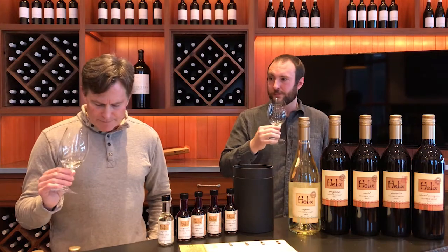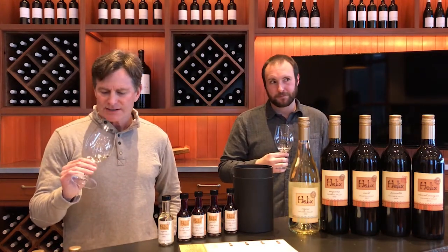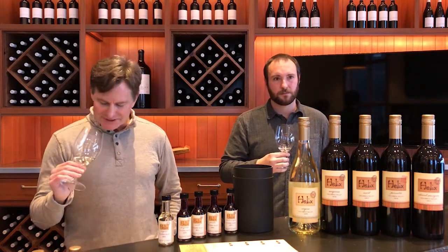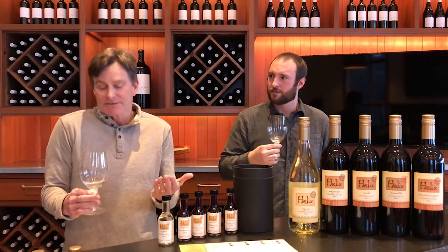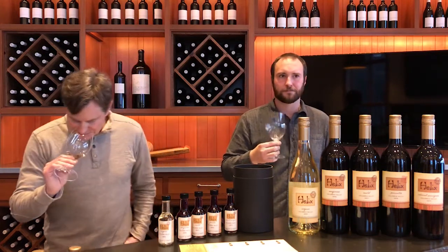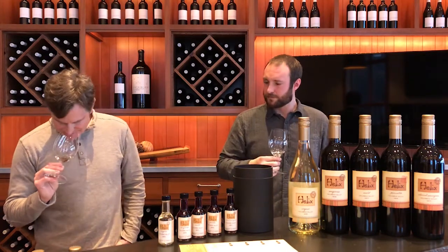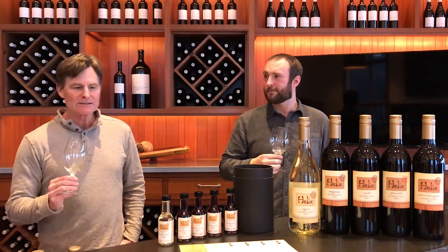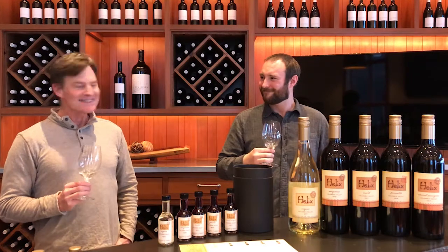But boy, I'm getting some really beautiful orange zest on this. So gosh, again, that mineral character that comes from the vineyard itself, actually. Real nice, beautiful orchard blossom going on in this. Just reminds me of springtime. Nectarine and a little bit of peach. So speaking of which, I think this is just a peach of a